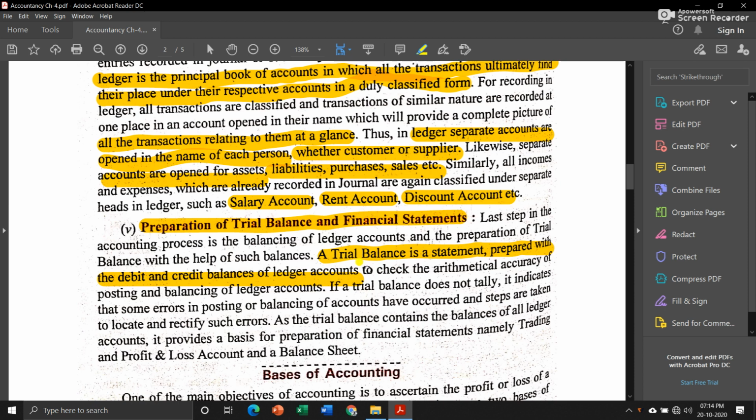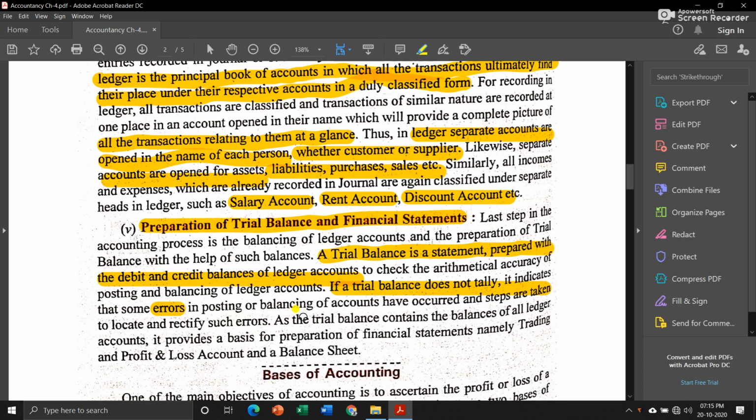Now after recording all the transactions, we have to find out total of both the sides, that is credit and debit side. Now to verify or to check whether you have prepared everything correctly, there is one facility available in trial balance. Now see, after finding a total of both debit and credit side, if both the sides are same, that means your calculation or your preparation is correct. But if both the side, debit and credit side, are not same, that means there is some error or some mistake you have done. Okay,